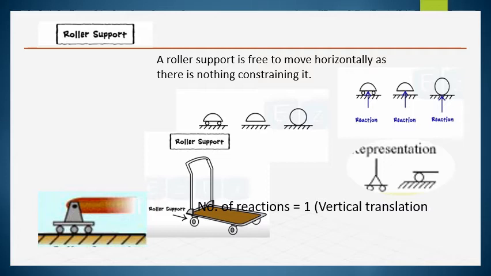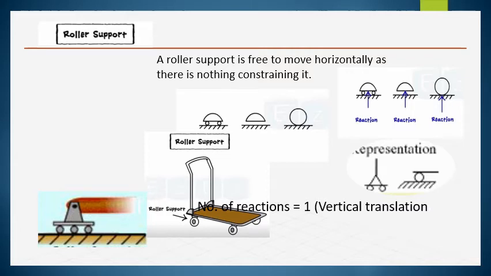So in the free body diagram, if we have to remove this support, we show the reaction in the vertical direction, but you can see there is no reaction in the horizontal direction because the object is free to move in the horizontal direction. There will be no moment because the object is again free to rotate at this point. Roller support does not allow the motion in the vertical direction, but it allows the motion in the horizontal direction as well as the rotation.